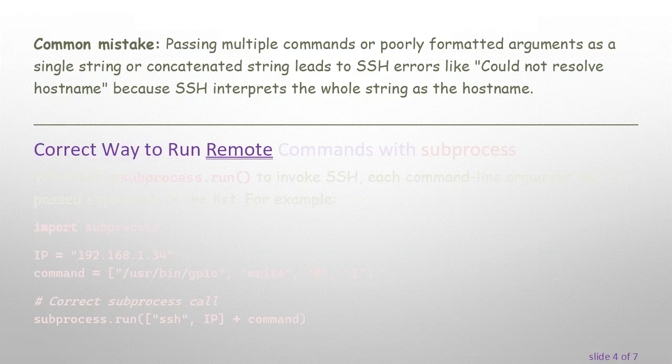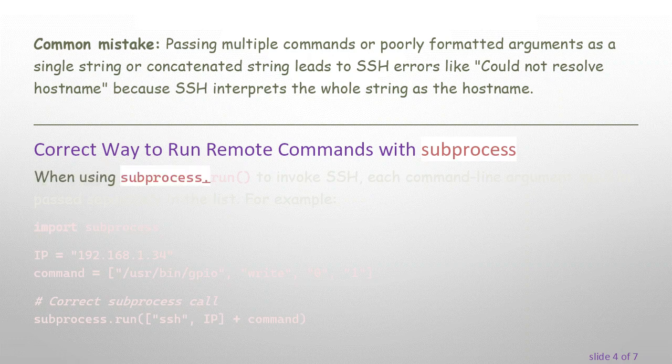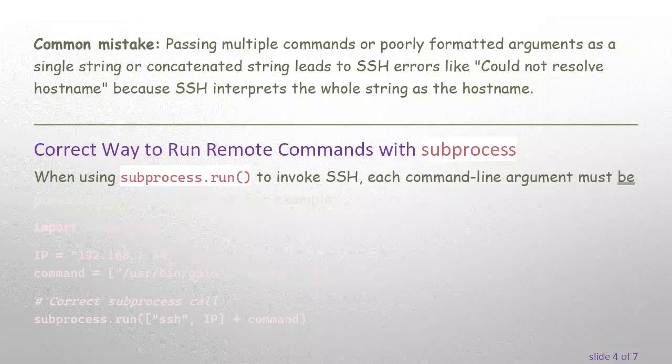Correct way to run remote commands with subprocess. When using subprocess.run to invoke SSH, each command line argument must be passed separately in the list. For example,